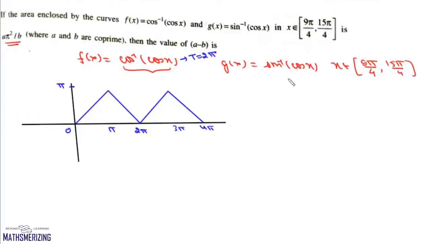Now we'll draw the graph of sin inverse of cos x. We know that sin inverse x is pi by 2 minus cos inverse x. So we can write this as pi by 2 minus cos inverse of cos x. So basically the graph of g(x) is pi by 2 minus cos inverse of cos x. Here our basic graph is cos inverse of cos x. First we'll draw the graph of y equals minus cos inverse of cos x. So it will be